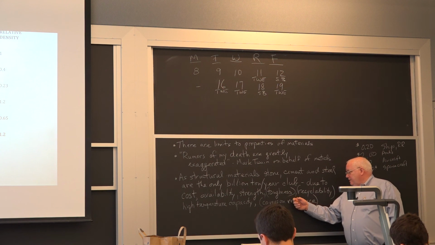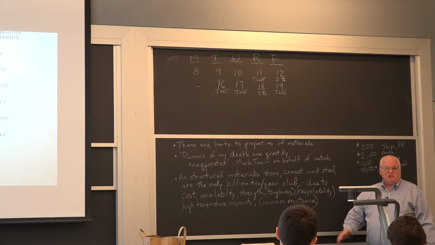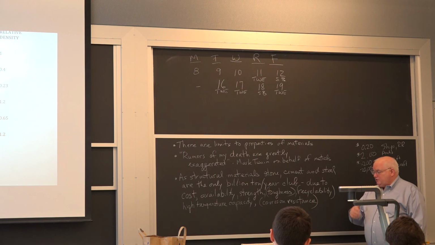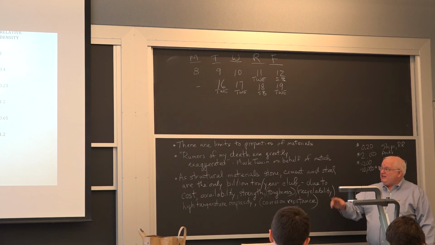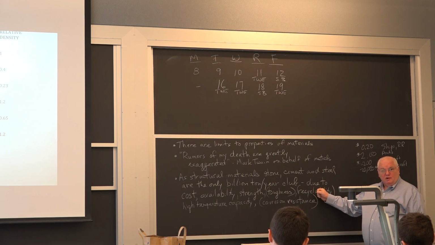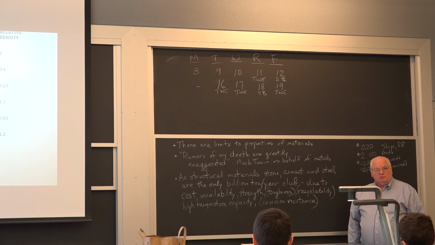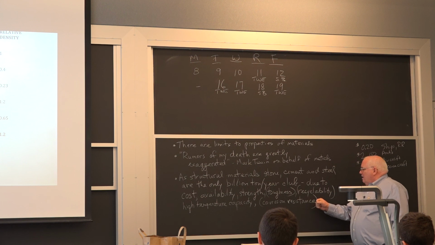Steel is. Recyclability: steel is like 80% recycled now. Aluminum's like 50% recycled, and they're trying to get aluminum up to 70 or 80%. What's concrete recycling now? Almost nothing. And it's 2.2 billion tons? You want to solve a world problem that's coming up? What are we going to do with 2.2 billion tons when it comes back after its useful life? We're going to have some pretty big landfills. Oh, actually, we'll fill in the ocean. We'll have a lot more dry land, right? Except all the water's going to rise. Never mind. High temperature capacity, corrosion resistance.